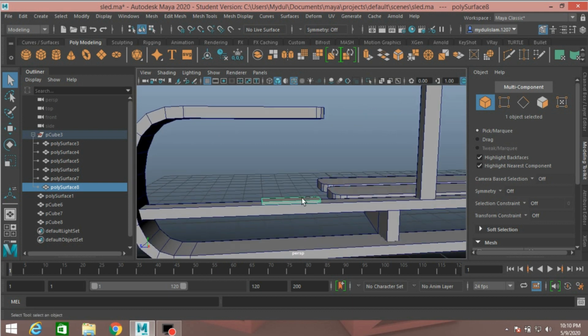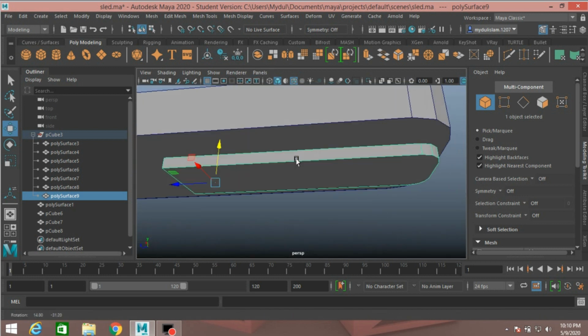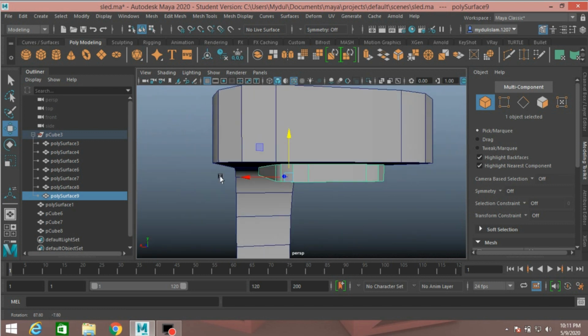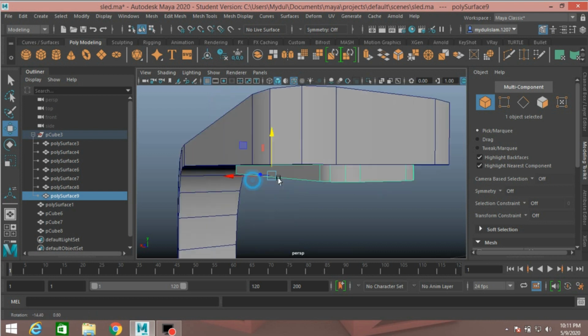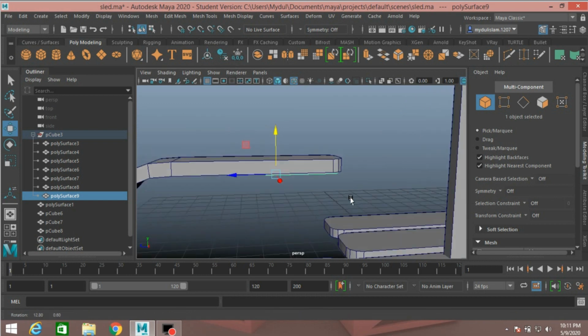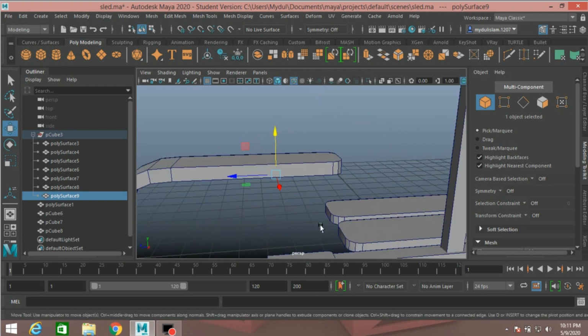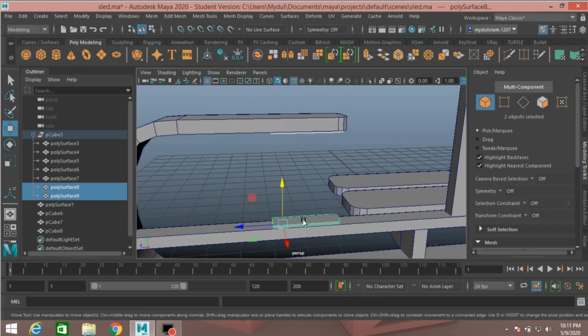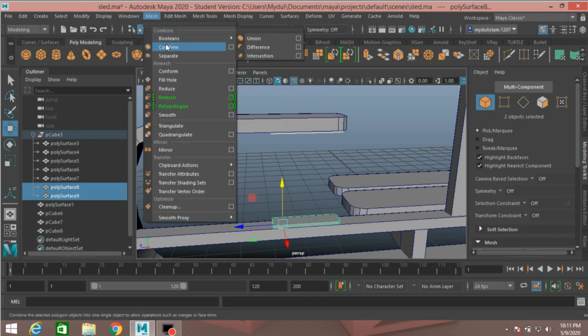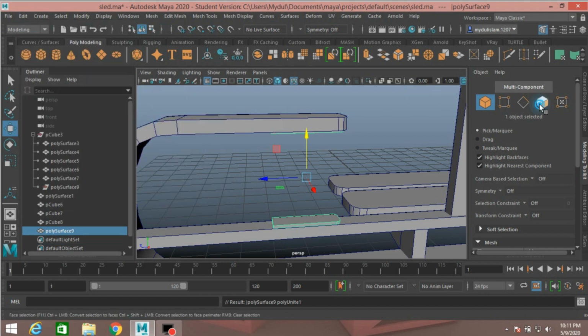Press Ctrl plus D to duplicate and move it up just here. Press F to zoom or focus in. Move it just like here. Now select these two objects, go to mesh, click combine, edit, delete by type, delete history, go to face selection